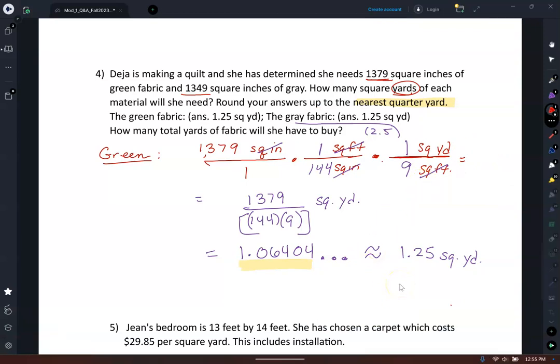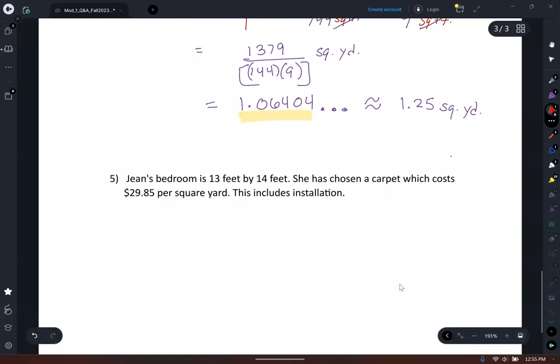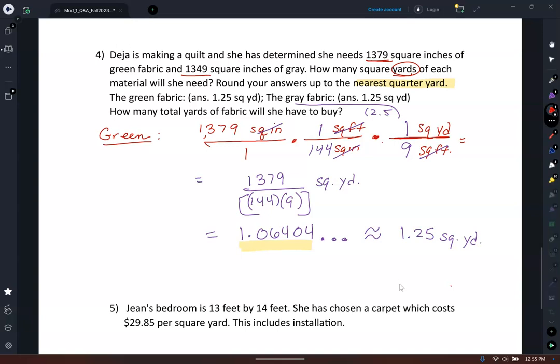Okay, so on this next one we did do in class. So I have that laid out here. Number 4, Deja is making a quilt. She needs 1,379 square inches of green fabric, 1,349 of gray, and we talked about square yards to have that conversion happen